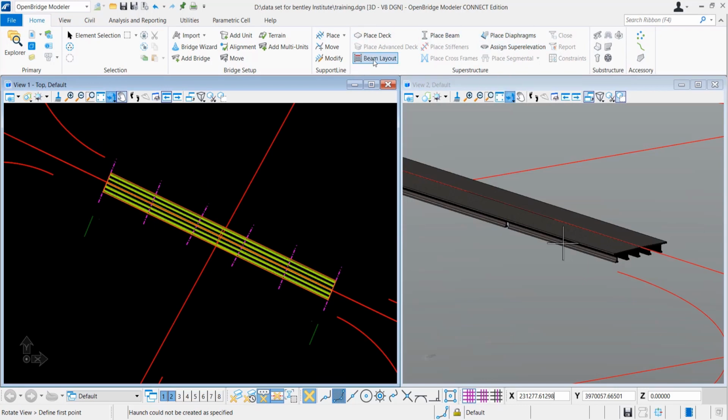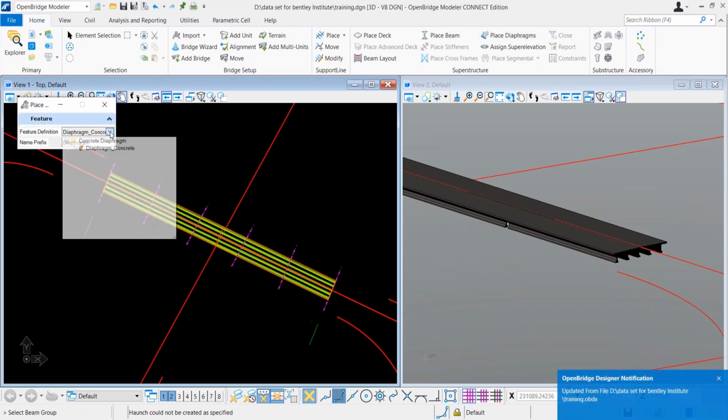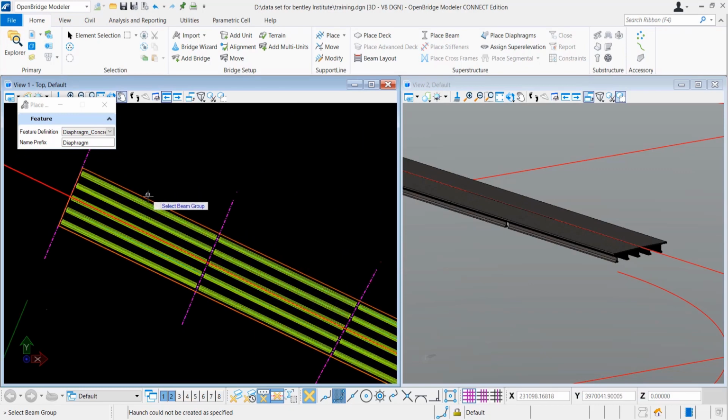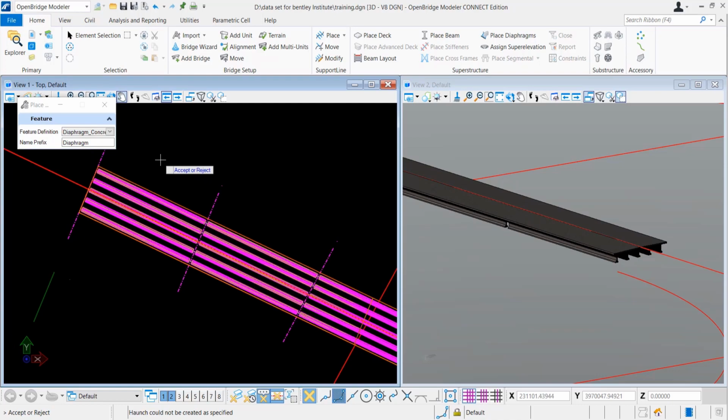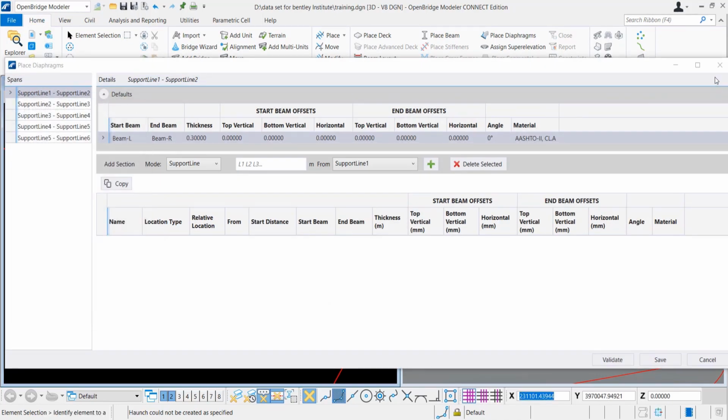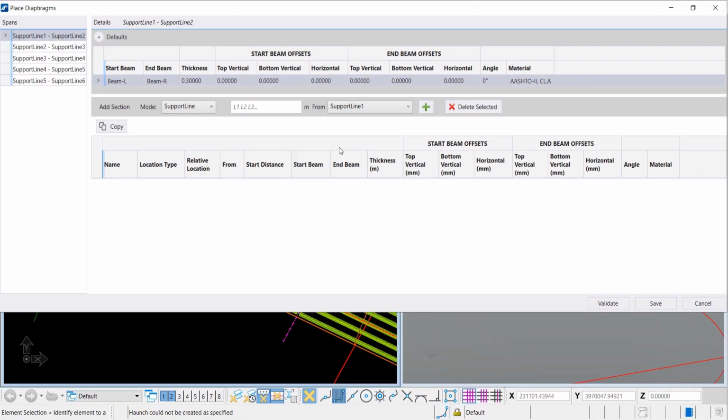Now we will place the diaphragms, because after placement of your beams, we are now at the diaphragm placement. Here also you have to select the feature definition diaphragm, and you have to select the beam layouts. So we are again selecting a beam layout, and it is almost similar to the beam layout options. You can see that we will place the diaphragms span by span, right?